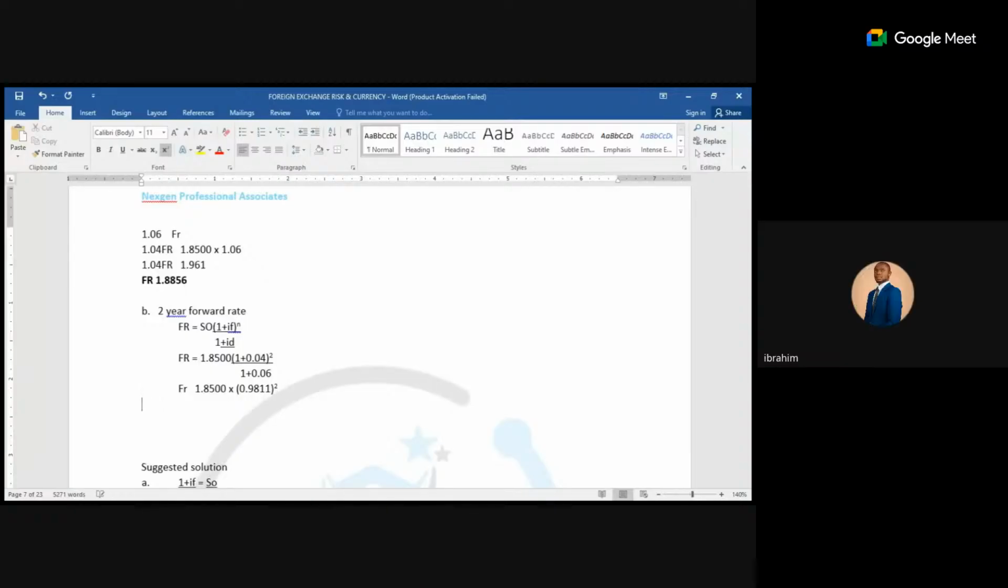0.9626. Okay, the final answer, right? No, raised to power 2. 0.9626. So the final answer is 1.7808. So this will be the forward rate